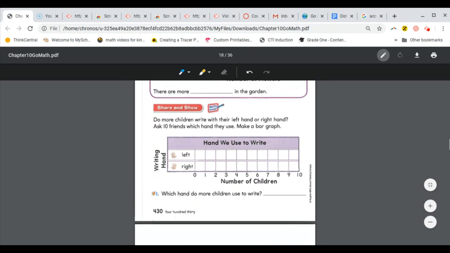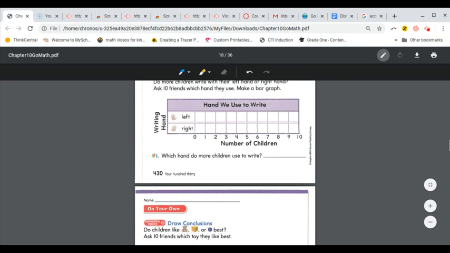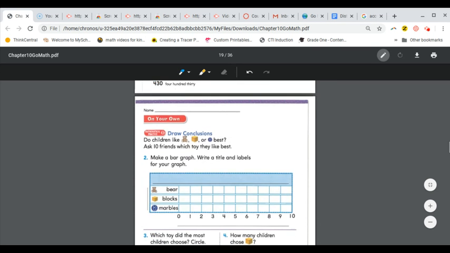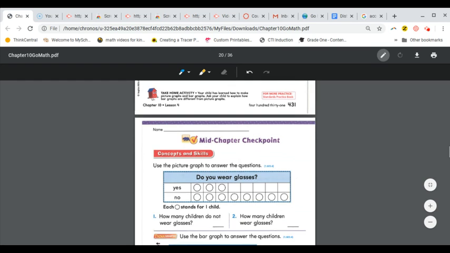Now you guys are going to again ask friends or family members which hand they write with. And the more information you can collect, the more accurate or correct your data is going to be. So enjoy asking family members and friends what hands they write with, what toys they like, and doing